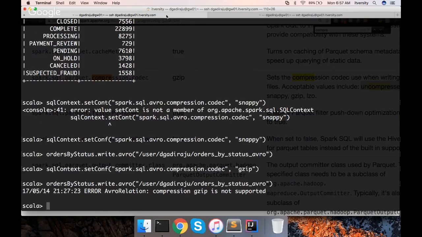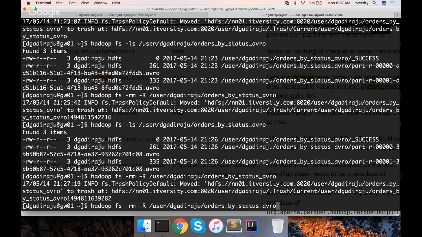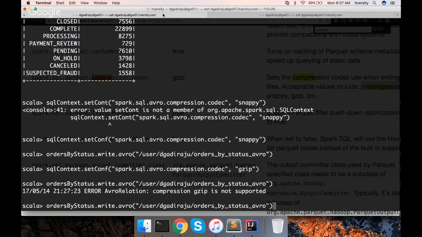So with Avro, gzip is not supported. Only snappy is supported, and I think snappy is default for Avro. That's why when it was Avro, it did not fail, right? So even though the extension is not showing, the write is still successful. By default, it might be compressed with Snappy. So let me say uncompressed here.